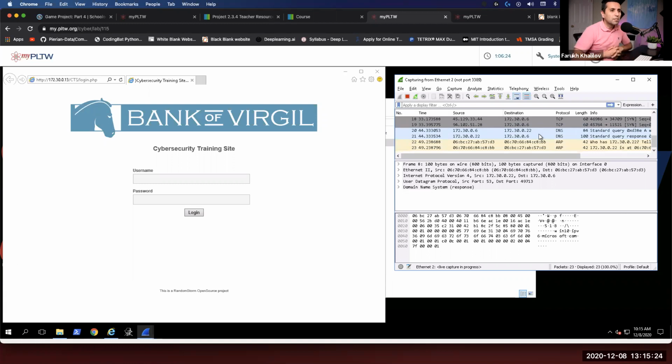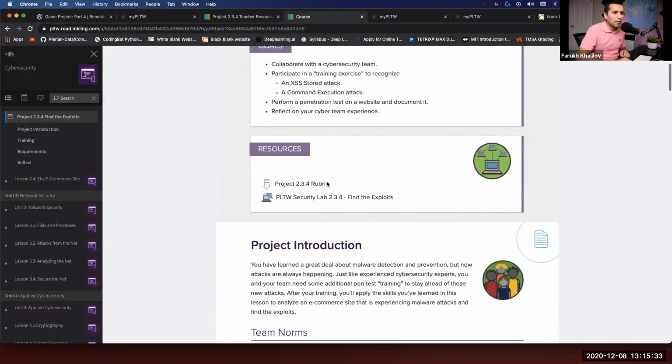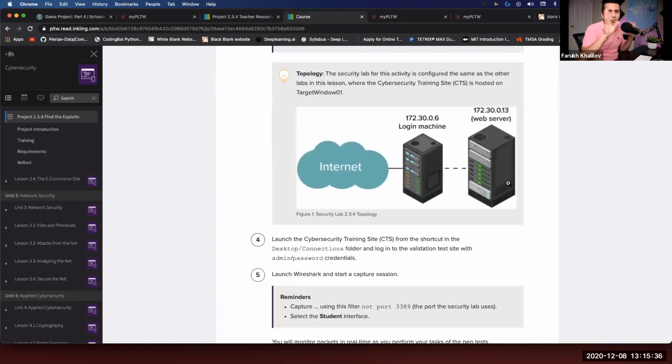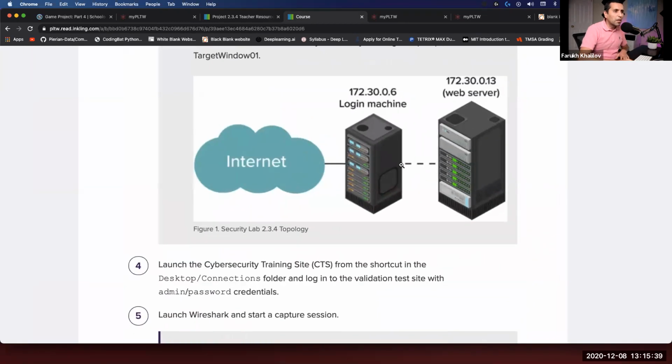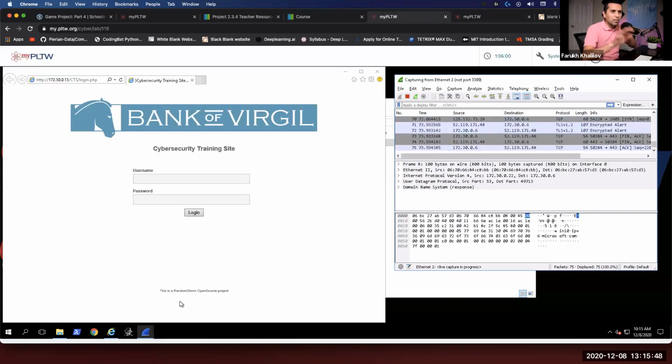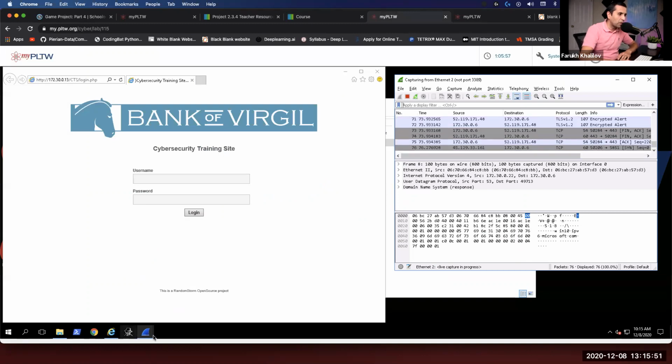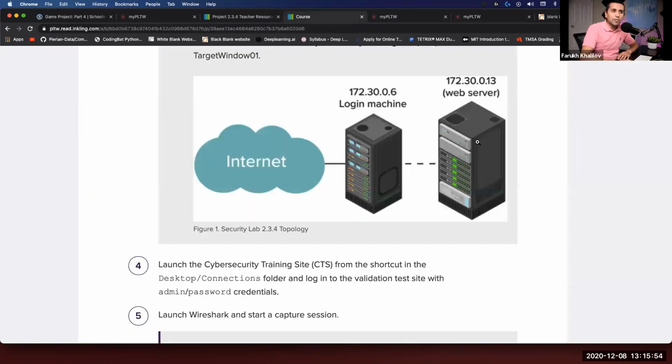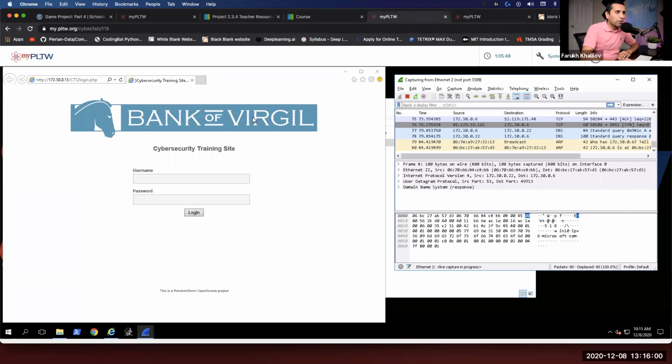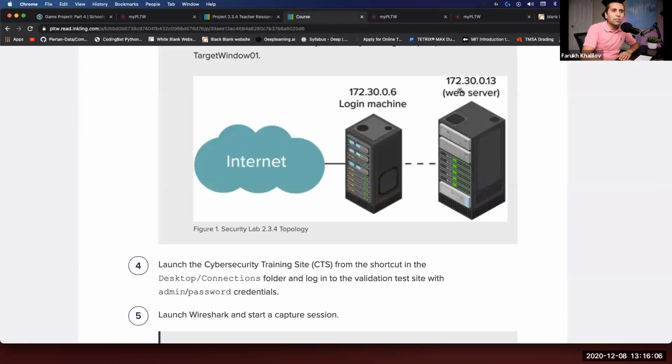We'll discuss it. So right now, I want to connect to my web server. Let me go here, and do you remember this picture? I'm always showing this picture that we're going to work with. So this is my local machine, with the IP 172.30.0.6. That is my environment. You see that I have my Windows, my start button, my Wireshark, and so on. And we have a server where a website is located. The website that you see, the Bank of Virgil, is located here on the IP